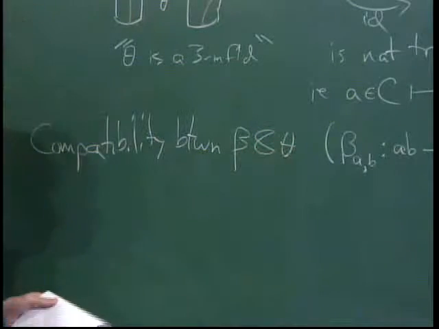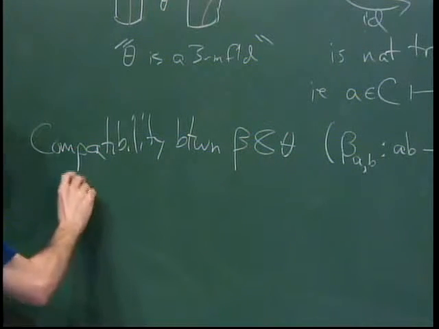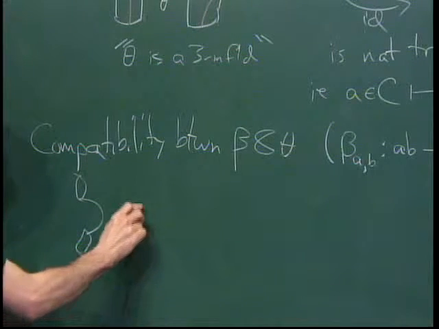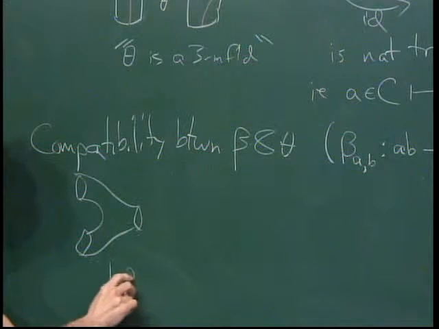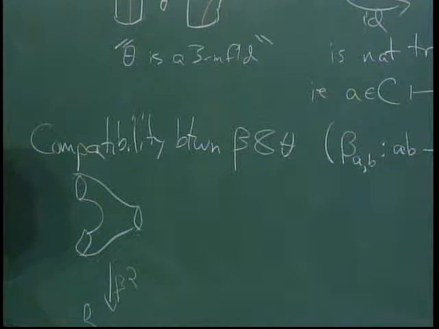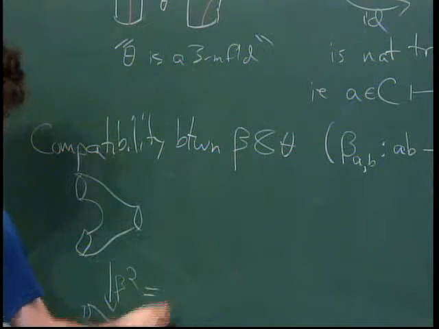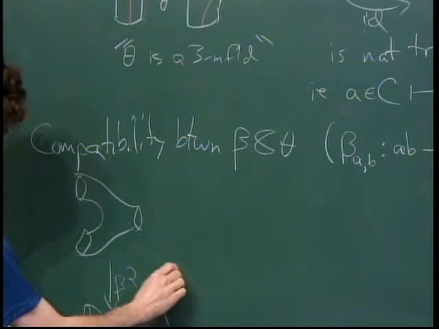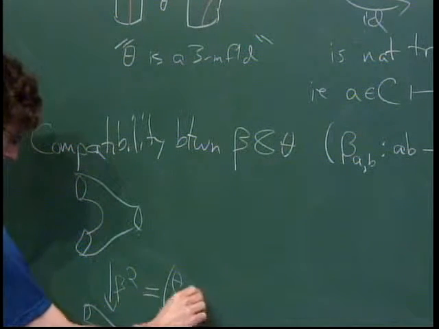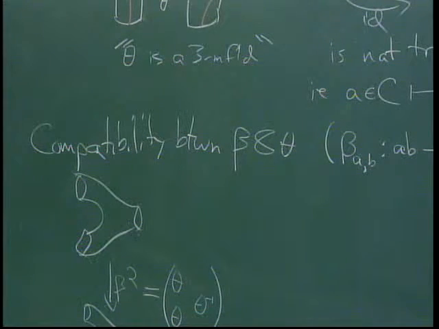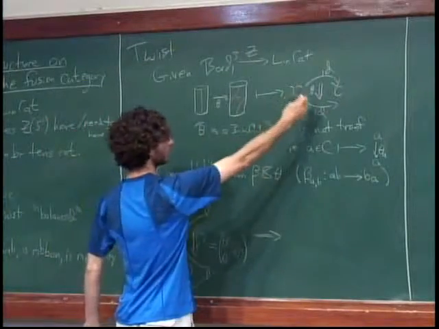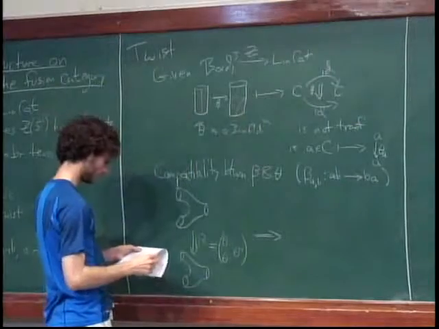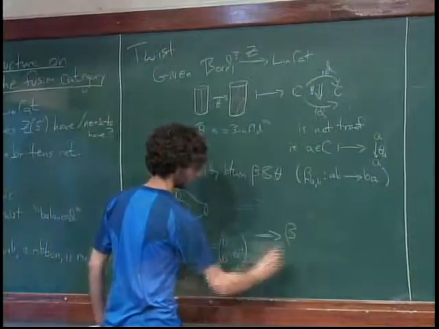Well, in fact, we already did the computation this morning. We saw that if we took beta squared, it was an automorphism of the product, and that was equal to the thing where we did theta on each of the incoming legs and theta inverse on the outgoing leg. And so that just directly translates into an equation on this natural transformation theta in the target, namely that beta